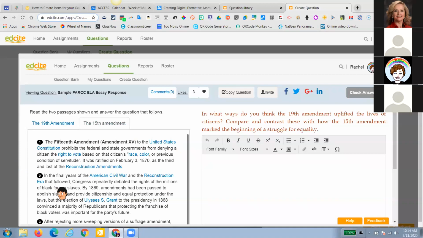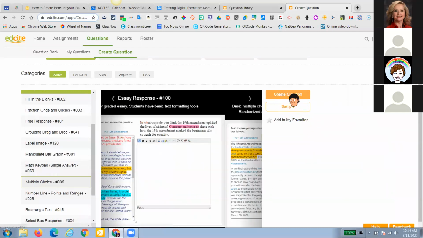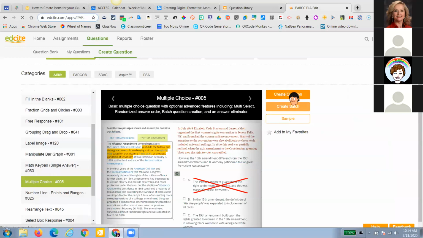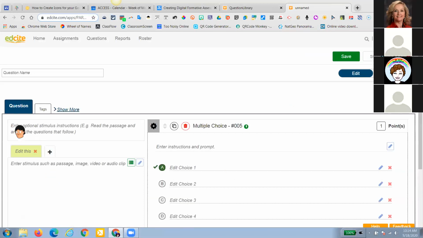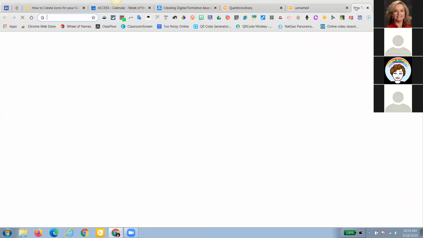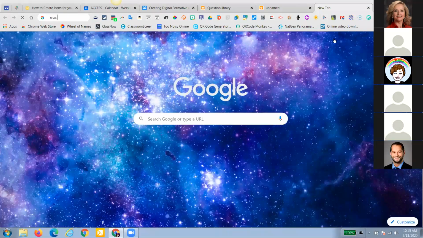I was going to pick multiple choice. So create batch seemed like if you're importing it from like Excel or something like that. I just want to create a question. So you can see here, it says enter optional stimulus instructions, read the passage and answer the questions that follow, if that's what I want them to do. So I could put a passage title here and then copy the passage in. If I choose to do that, obviously I don't have a passage off the top of my head. So again, I'm not trying to create copyright violations or anything like this, but this is obviously just used for,